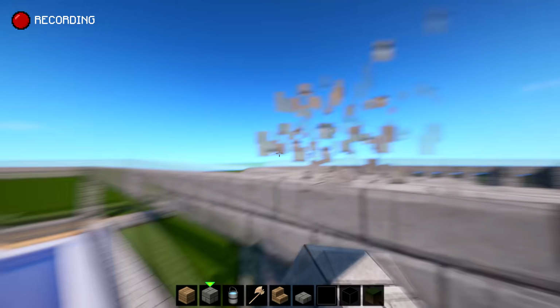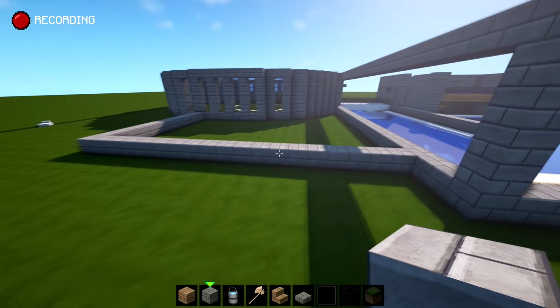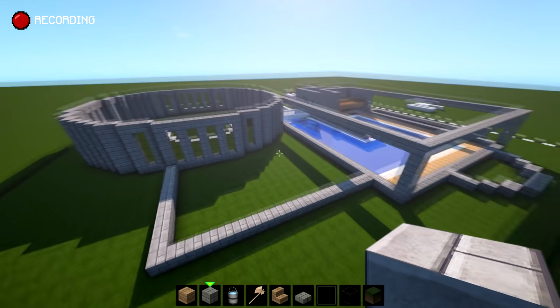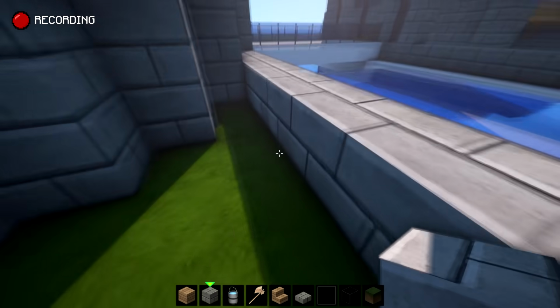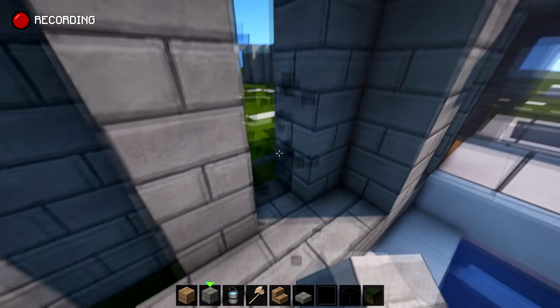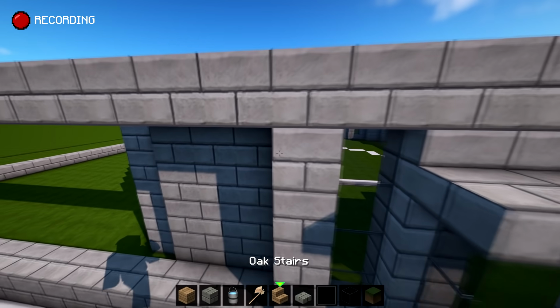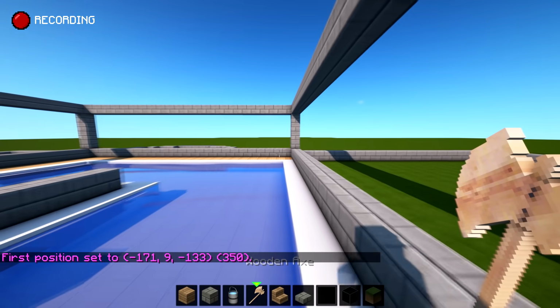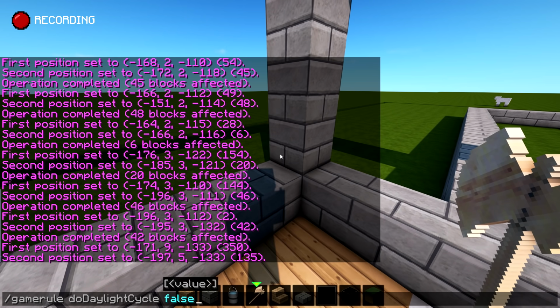We could fill that in with grass, and that could be a garden area maybe. So yeah, I think I'm going to do that. I'm going to fill in this whole wall. We might as well get rid of that, because we're not going to see it if we're going to have this all filled in with the stone wall. So for now, as I say, I'm just going to fill it all in